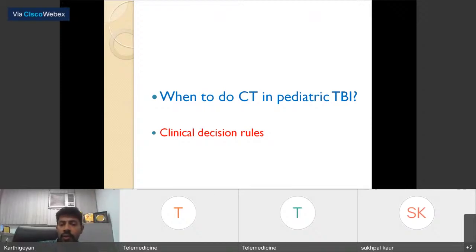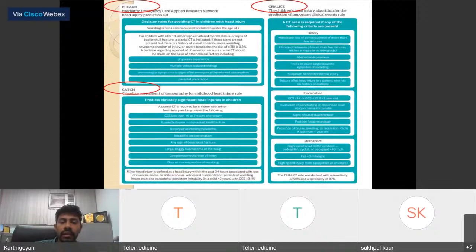So studies have come up with certain clinical decision rules, like algorithms, which indicate that a particular child is more likely to have injuries,